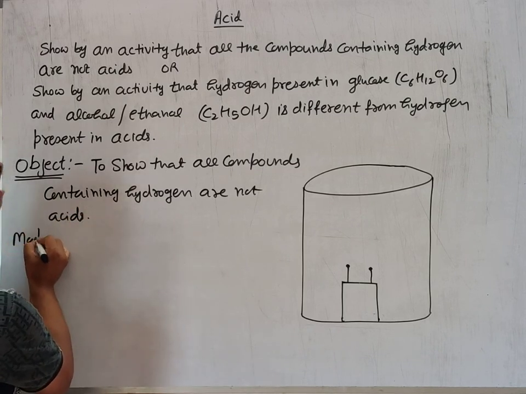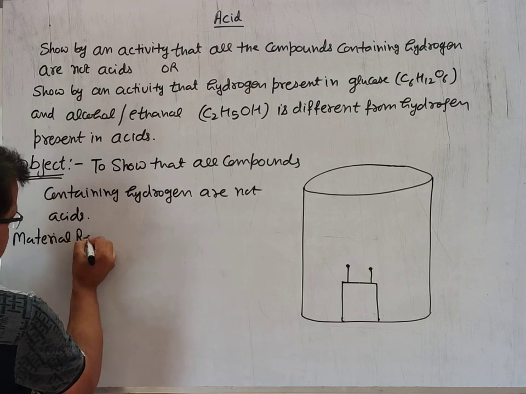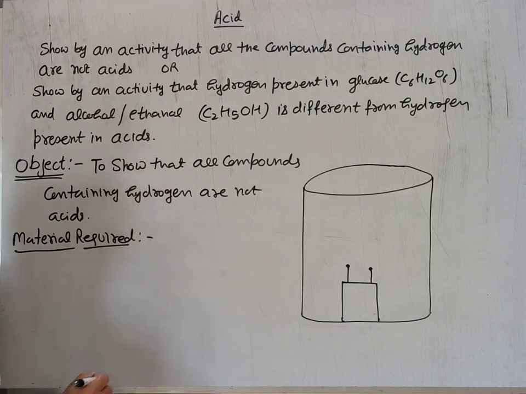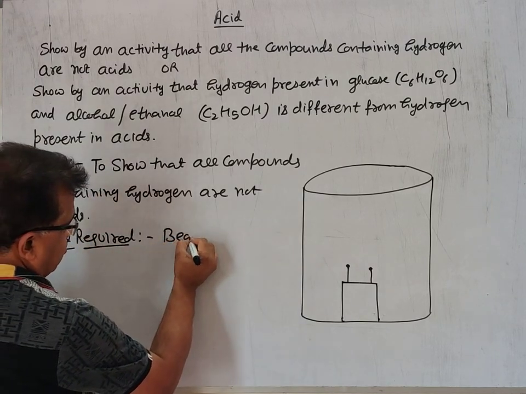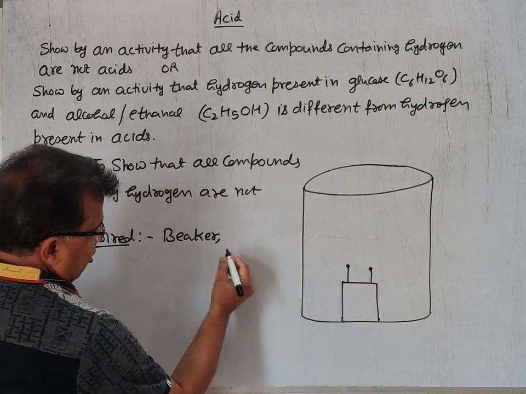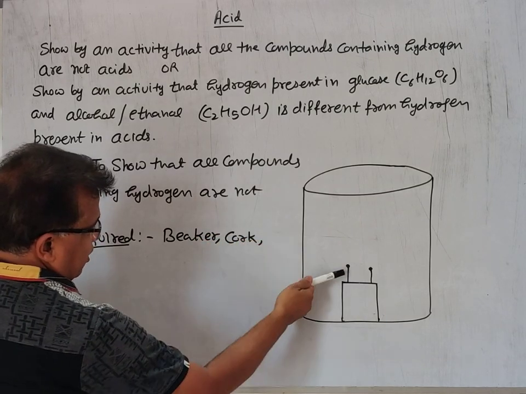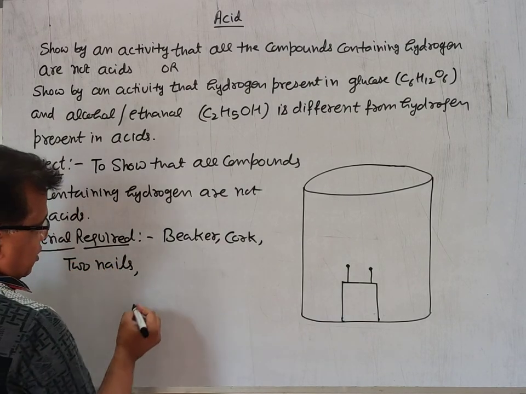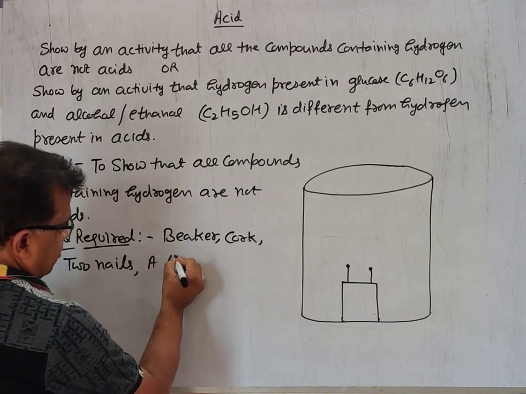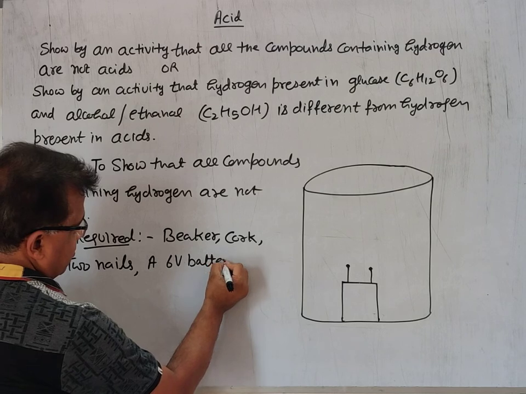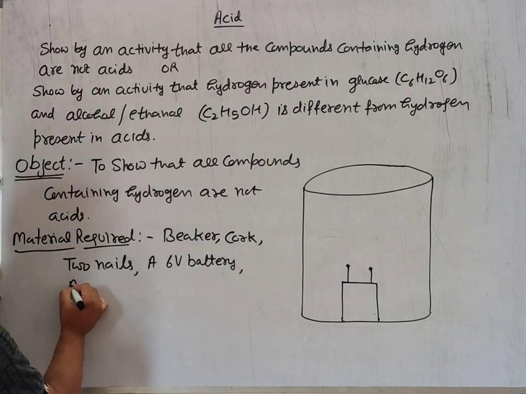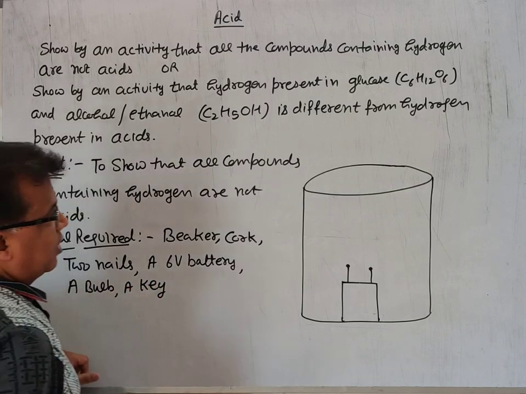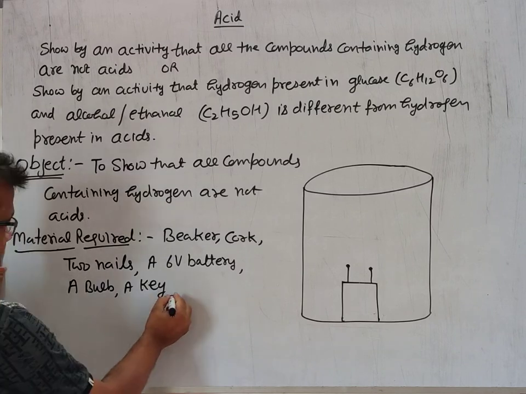For which we require some material. So we require a beaker, then a cork, then these two nails, a 6-volt battery, a bulb, and a key. We shall make a circuit, and then